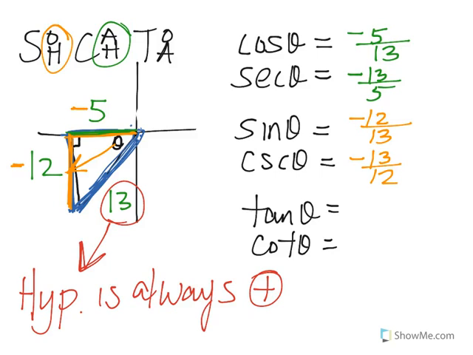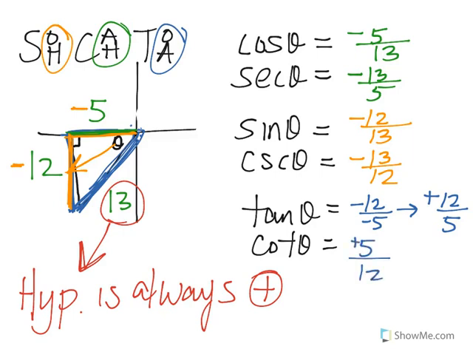Tangent theta is opposite over adjacent, so that's going to be -12 over -5, which you would want to reduce. A -12 divided by a -5 is just going to be a +12 over 5. And therefore cotangent is going to be the reciprocal of that, so it's going to be +5 over 12, right? And then as a very last resort,